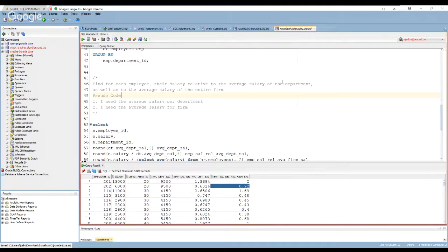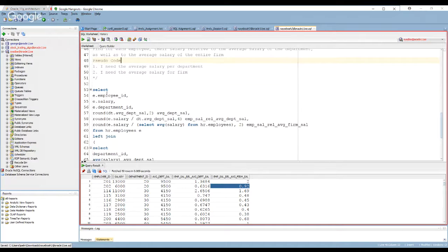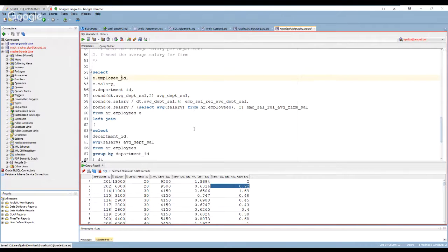They don't expect it to be perfect. They don't expect it to execute. Through the thought process of saying, okay, here's what I need to do. Here's what I need to get. And then once I have this, I'm going to do that, right? So, the pseudocode is just a descriptive approach of how you will solve the problem using the general syntax. So a pseudocode of this will be like, select employee ID, salary, the average. It won't be perfect like this one, which is working, but they want to see that you have a general gist of how the problem will be solved.